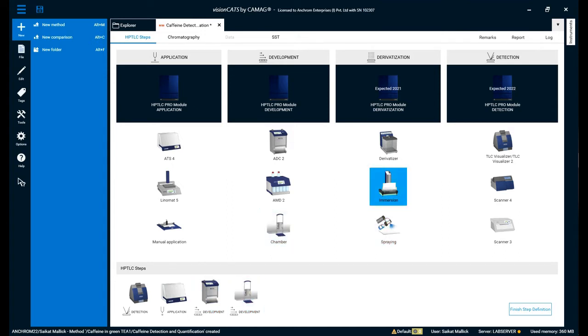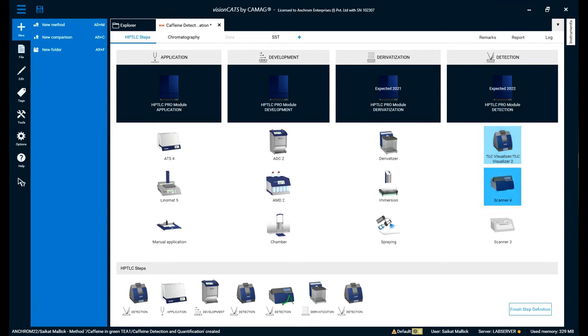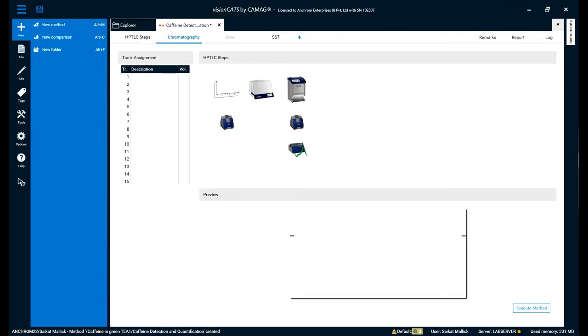You can also interchange the steps. These many modules are available. Click on Finish Step Definition.